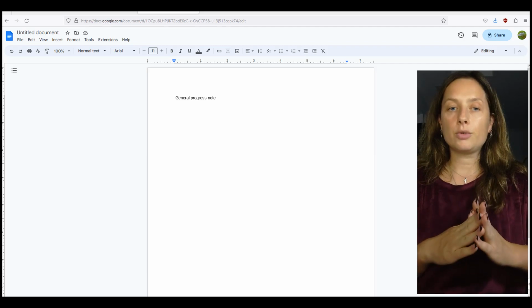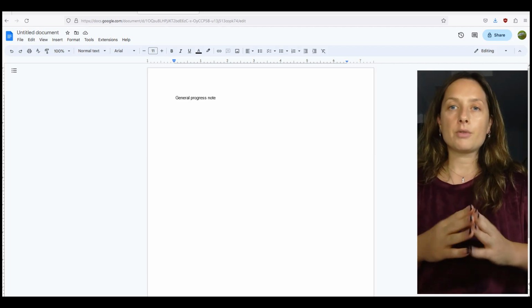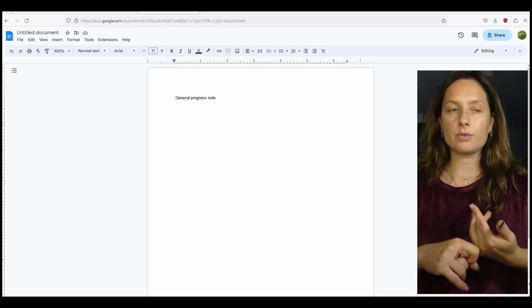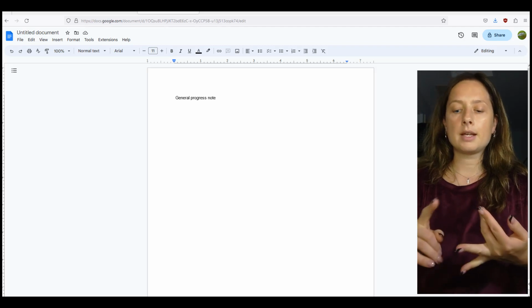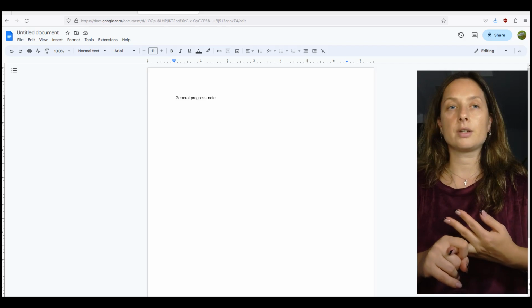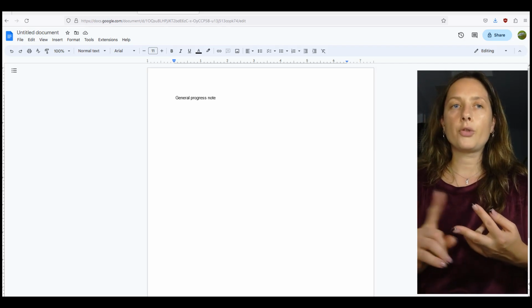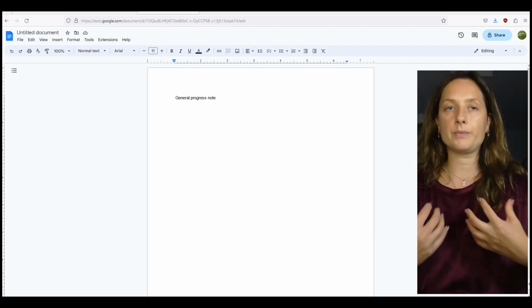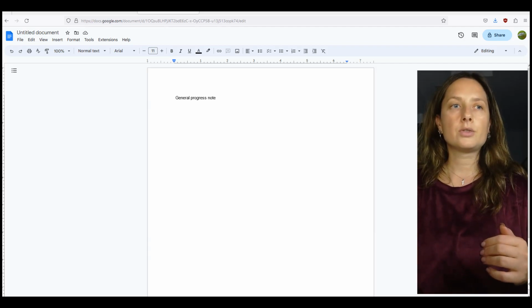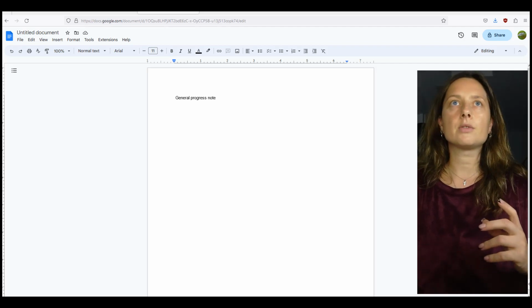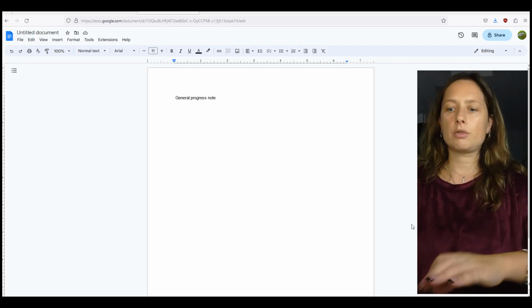I want to share with you how to do 3 different types of progress notes. The first one will be a general progress note, which is the most common one that you will do on your daily basis. The second one, I want to share with you about a patient who has been discharged during your shift. And the third one is going to be admission, when you have received a patient during your shift, okay? So let's just start from a general progress